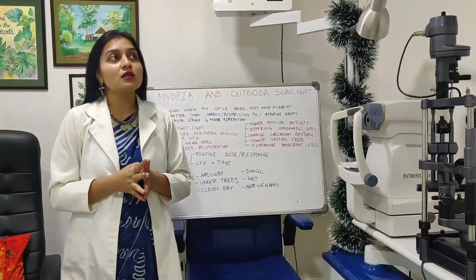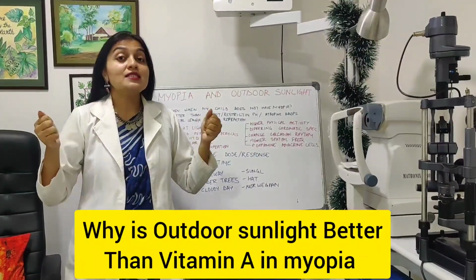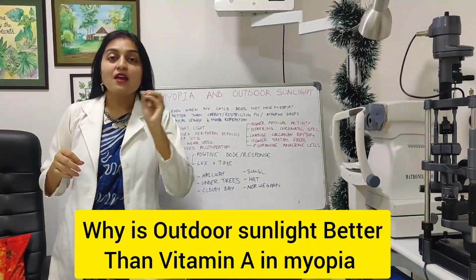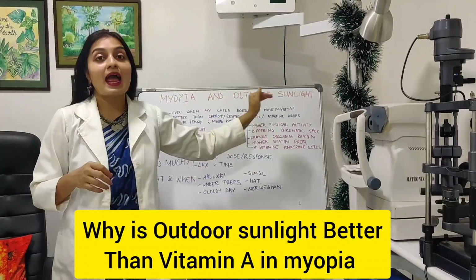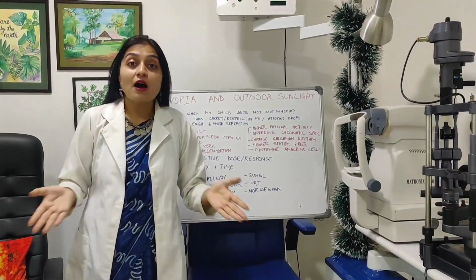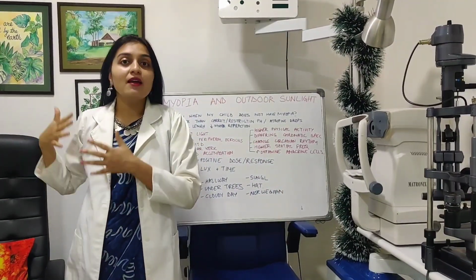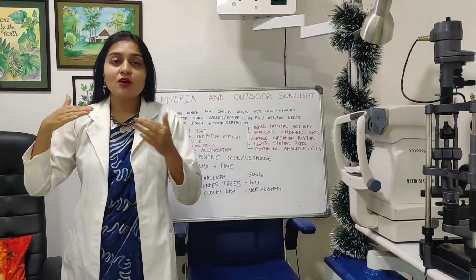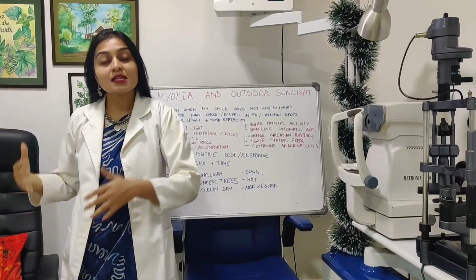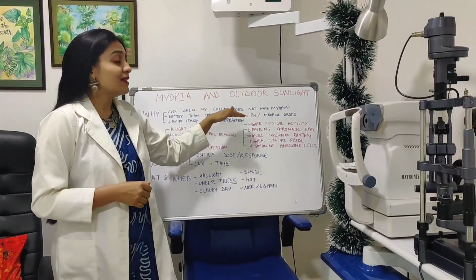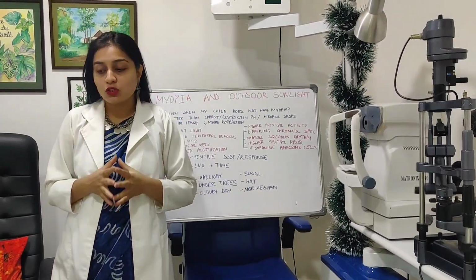Now you are like, no doctor, it's not the carrots, it's the vitamin A. So there are only 46 studies which have been done between myopia and vitamin A, and they have found in these studies that myopia does not get reduced by taking vitamin A supplement or taking vitamin A in the form of carrots or in any form, right? The second is restricting phone or screen time.